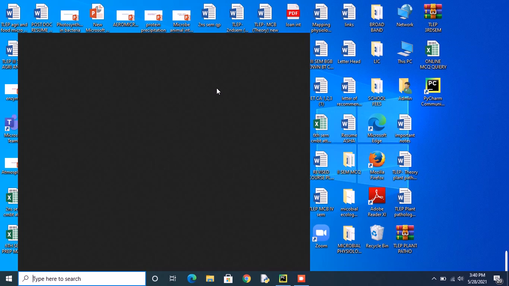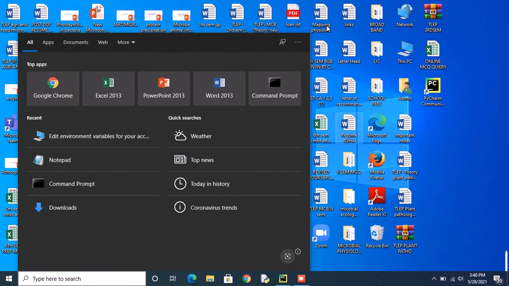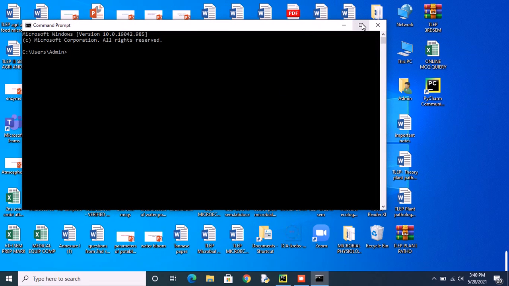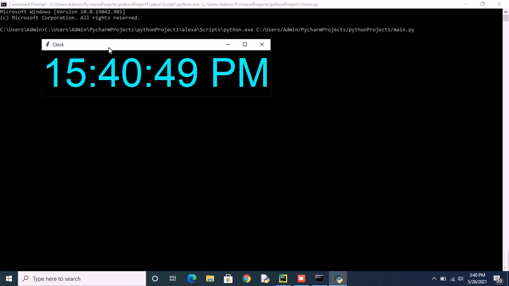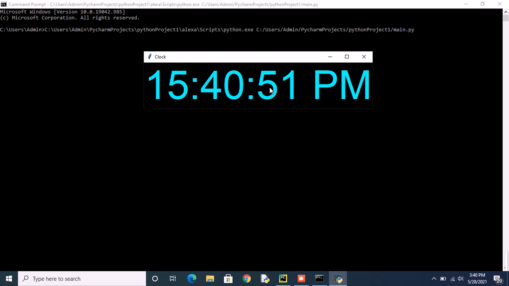Type command prompt in the search bar or make it a shortcut. Okay, let me open command prompt. The command prompt window has been opened, and let's paste this code here. And guys, press enter. As you can see, the small window is open again. It's displaying the exact time, and also the exact seconds.